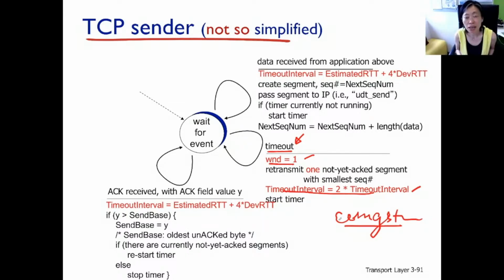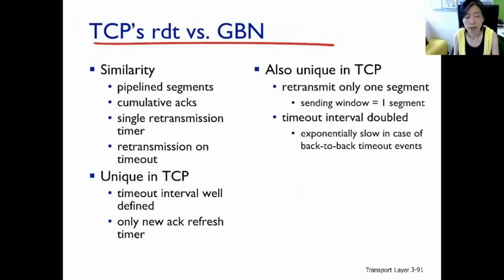And that's why you see in example 3, supposing this is Go-Back-N, then when the timer for send base 92 expires, sequence number 92 and sequence 100 should go out. But instead, only 92 goes out. So let's summarize up to this point the similarities between TCP's RDT versus Go-Back-N. We see similarity being what? Both of them are pipelined, both use cumulative ACKs, there's only one retransmission timer, and it retransmits on timeout events.